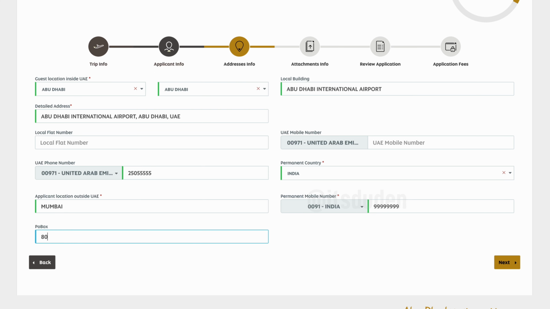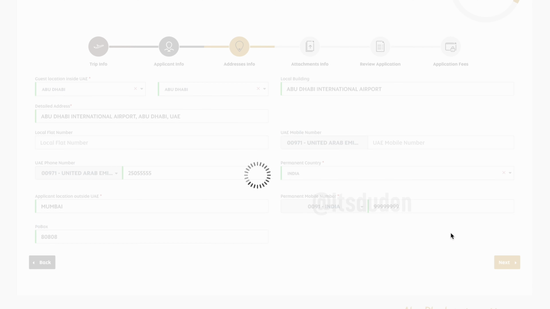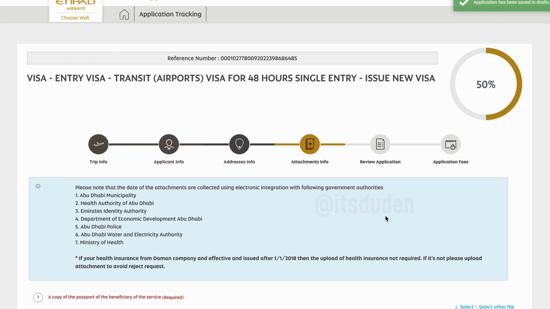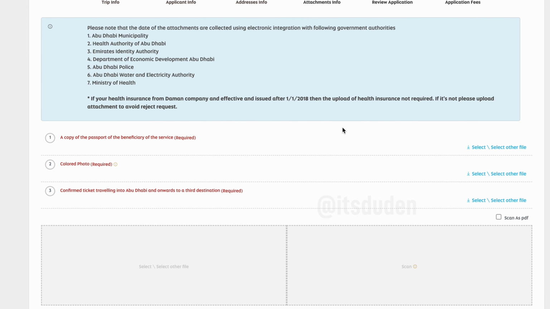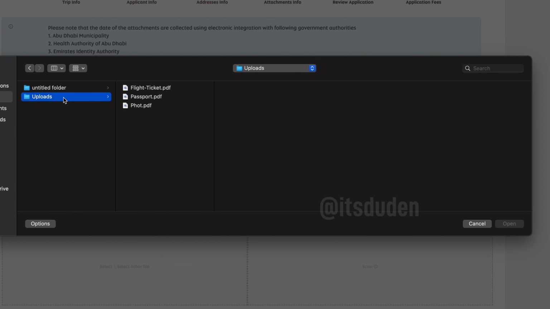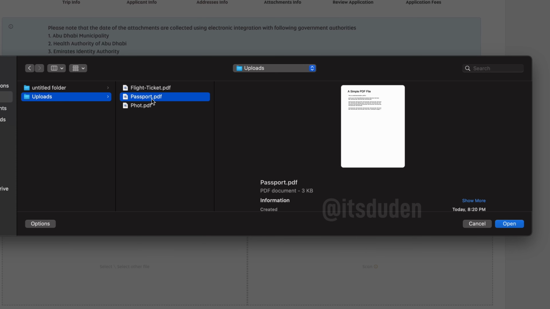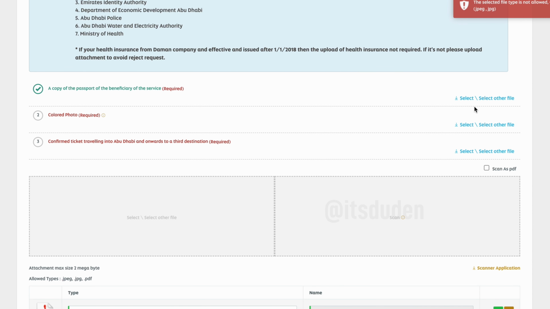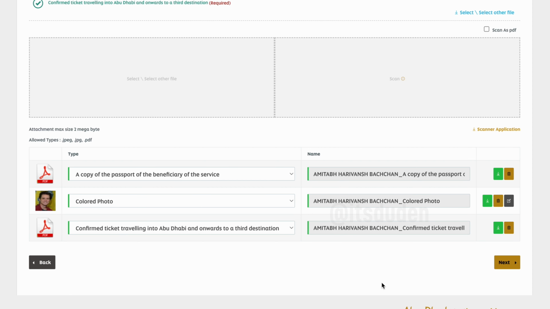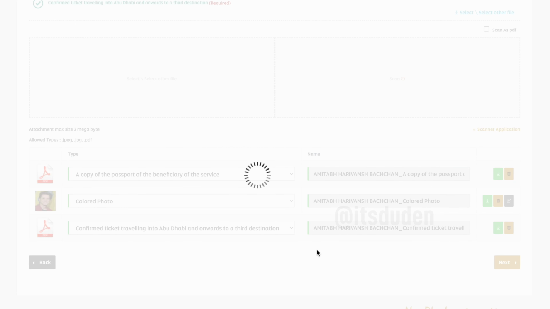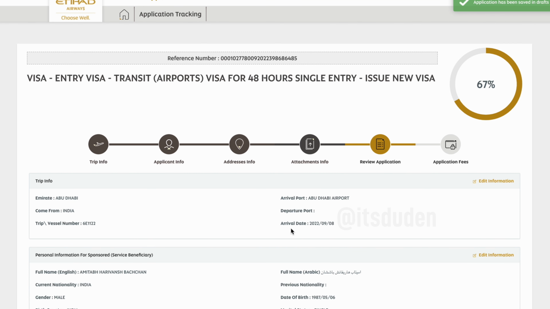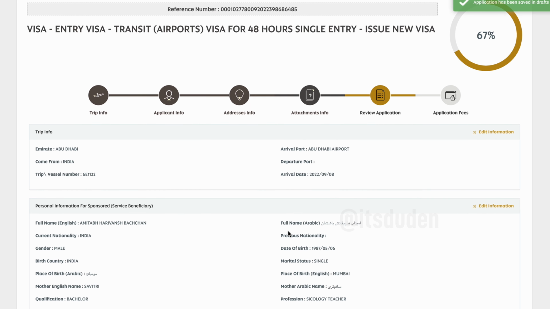Then click on next, and on this page you have to upload a PDF copy of your passport and the flight booking to Abu Dhabi. For the photo you have to upload a JPG image or other typical image formats. Then click on the next button and make sure to review all the details that you submitted so far.